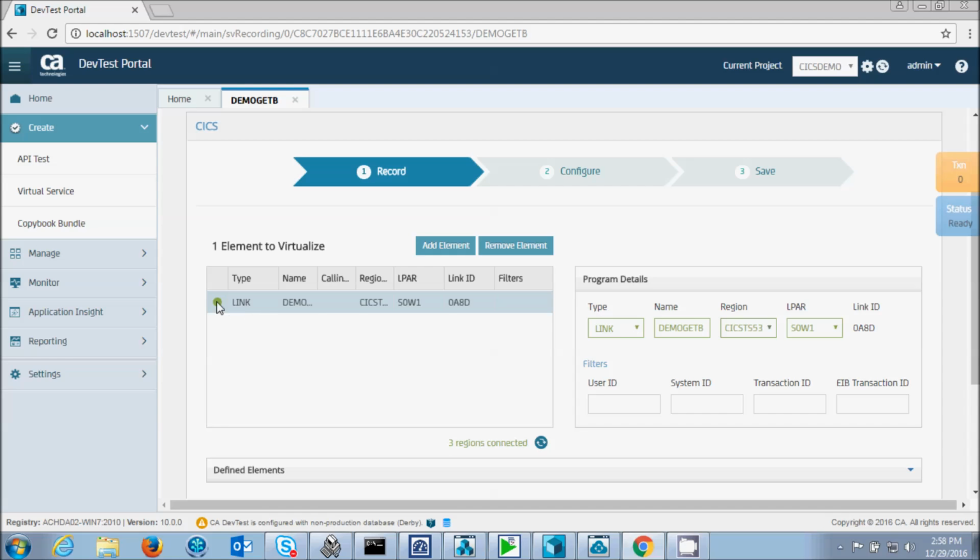And I've got a green light here. So once I have a green light, it means I'm ready to record. I could also enter one of these filters if I needed to restrict both the recording and the playback for